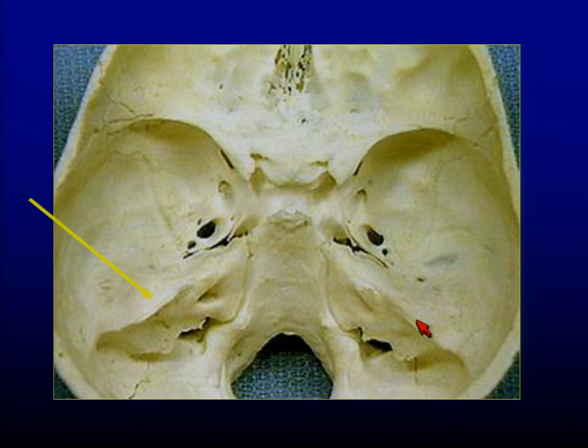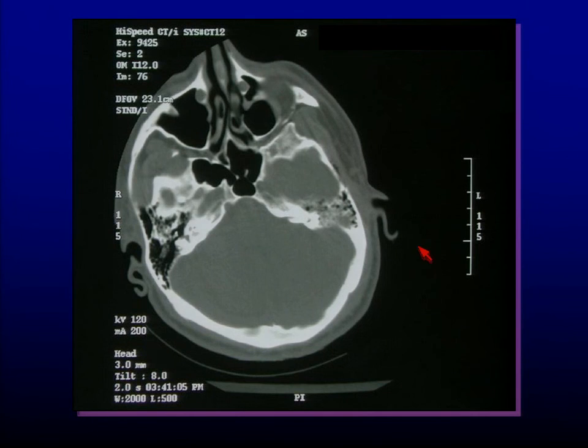Now, if there's not much movement at a fracture line, you won't see a fracture line, but you will get bleeding at a fracture line. So here's a patient who's had a trauma, and I look at that petrous portion of the temporal bone and the mastoid air cells. On this side, they're black, as I would expect them to look, but on this side, they are not. There's fluid in them on this side. Now, unless they were driving really